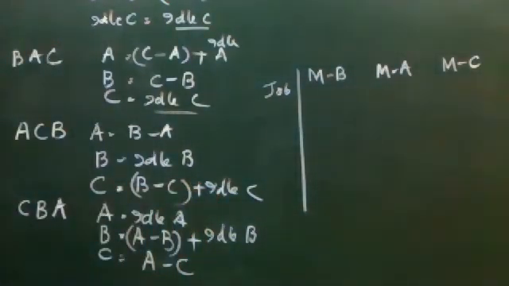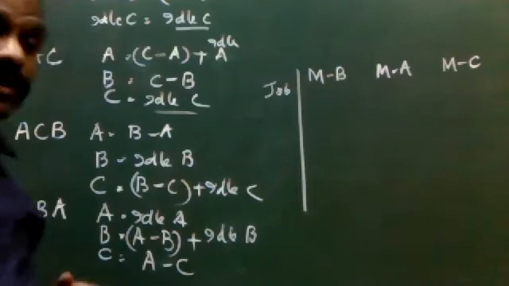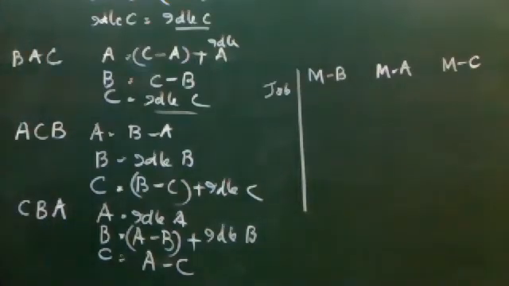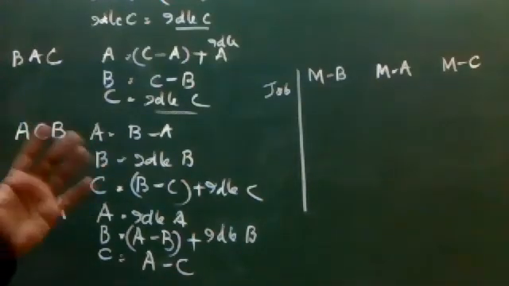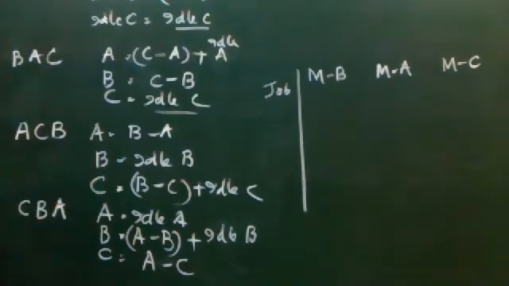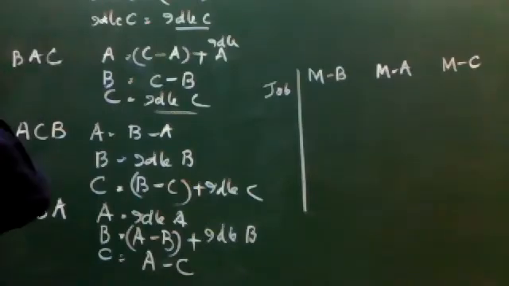Now we'll come back to the last method. Actually, there is one more method before this, called processing 2 jobs through n machines. But as far as your syllabus is concerned, that method is not included. They have removed it in the new syllabus, so I'm not going to touch on that. There is no point in wasting time on it. So we'll directly go to the last method, which is called processing n jobs through k machines. This is the last method in sequencing problems.